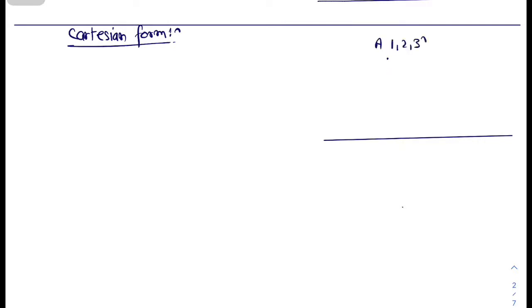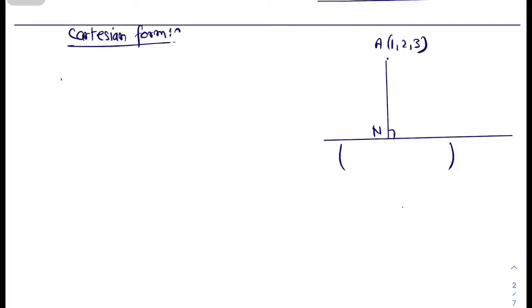Okay, if you are facing some problem while doing all this calculation in vector form, you can also do this in Cartesian form. Cartesian form is nothing but the form of xyz. So let us do the same question in Cartesian form. The point is (1, 2, 3), and let's say the foot of perpendicular is n. Now we will assume this n in Cartesian form, in the form of x, y and z coordinates.